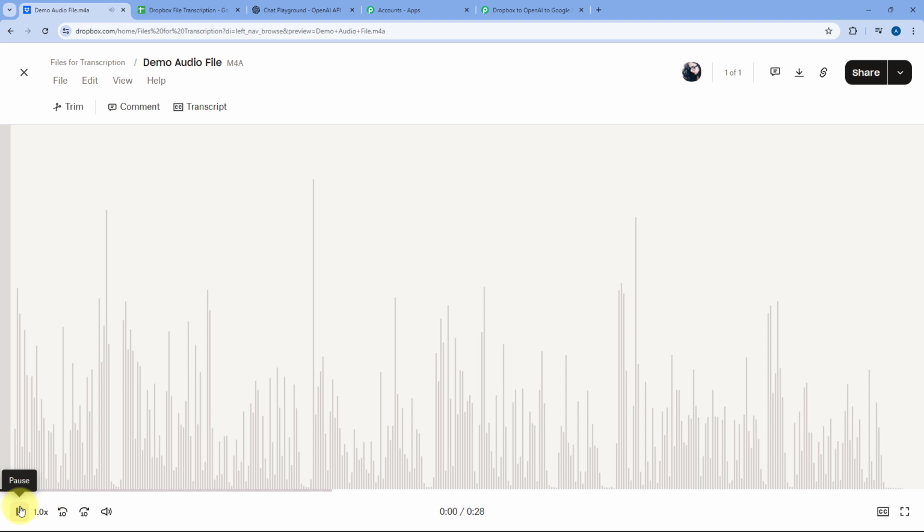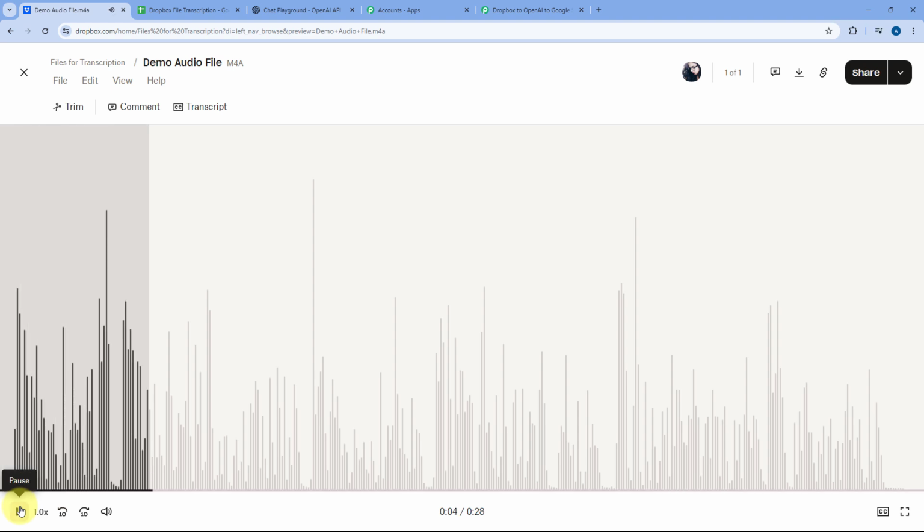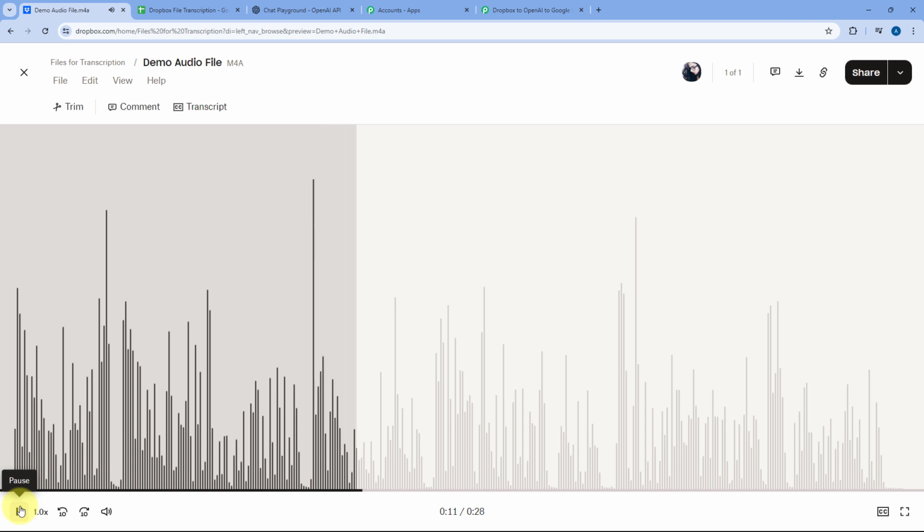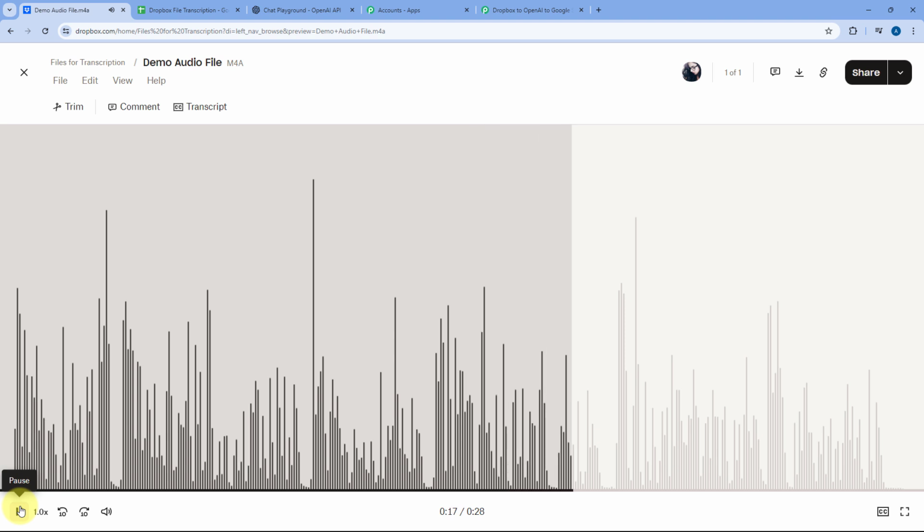I'll just play it. So using this automation which we are creating in this video, whenever you are going to upload a new audio file into the specific folder of your Dropbox account, automatically using the same automation, that new file will be taken and using OpenAI, we are going to transcribe that audio file and get the text out